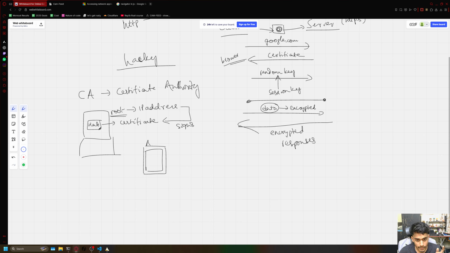let's say this guy is sending an HTML page. Whatever browser I'm using, that browser will see, hey, this HTML page is coming from this IP address. Now before sending the HTML page, the server will be sending this certificate also. So what will happen is,